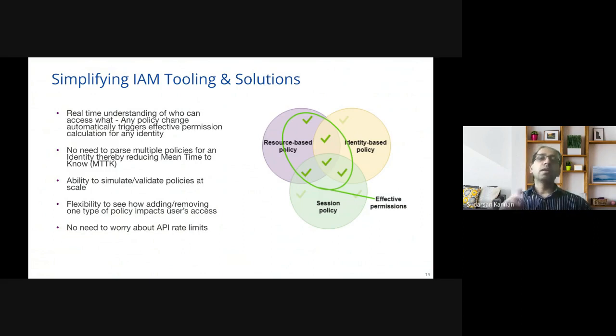That's the first one. The second one is, let's say the policy is updated, your SCP is updated, your permission boundary is updated, basically the guardrails are updated. Now, how do I know how that impacts my user? How does that impact a specific machine identity, right? That real-time data, you need that real-time understanding of how that changes my access level. That is also not possible today. That's what we are trying to automate for our customers and provide at their fingertips.